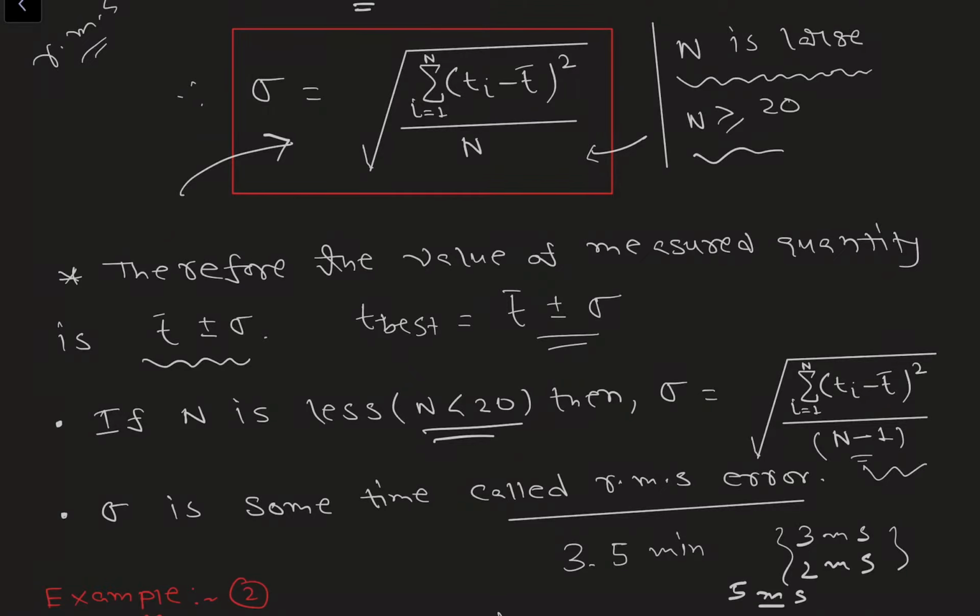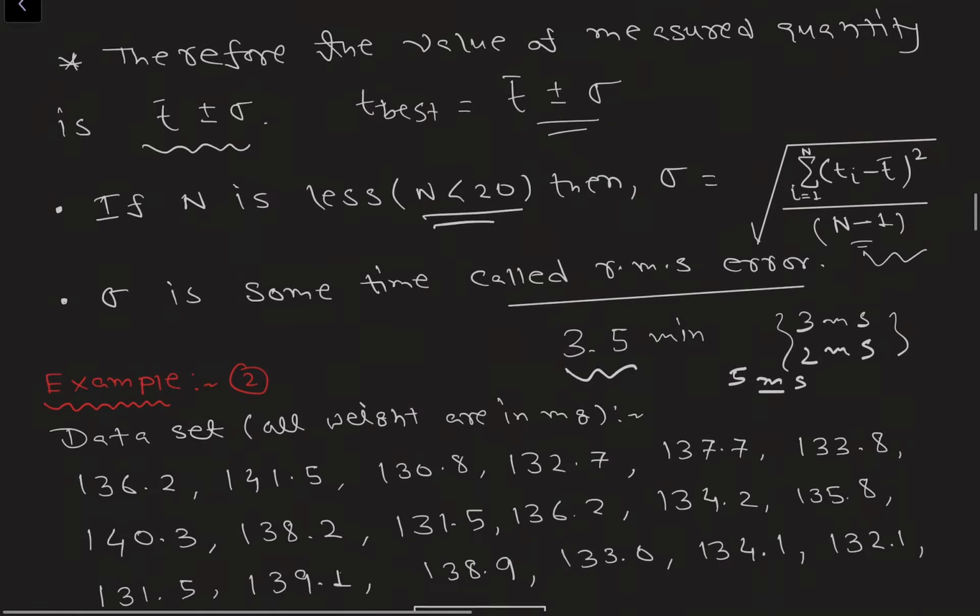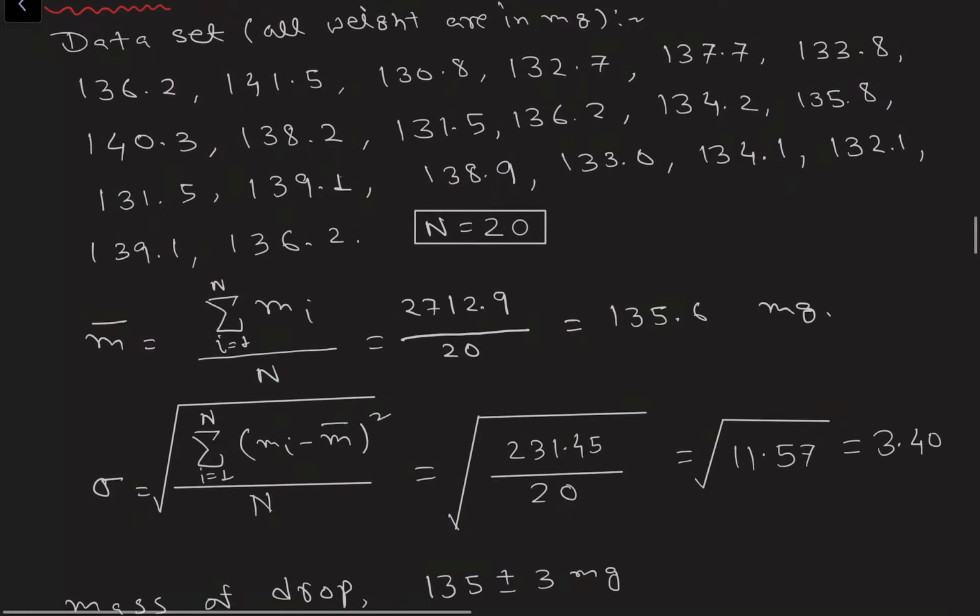Now the total 5 millisecond is here. So 5 millisecond is very less with respect to 3.5 minutes, so we can easily neglect this kind of error here. But in case of oil drop, we have no other option. We have to calculate the error there, because we are getting data at a time.